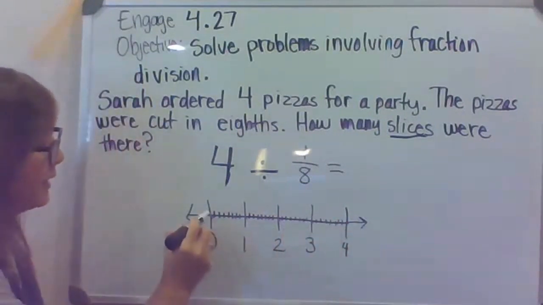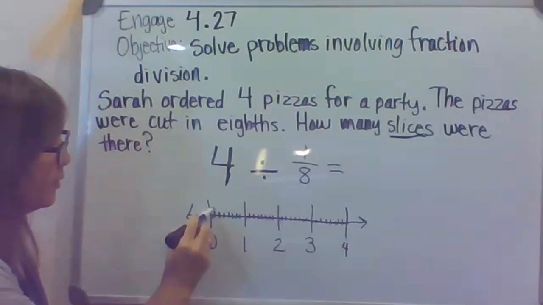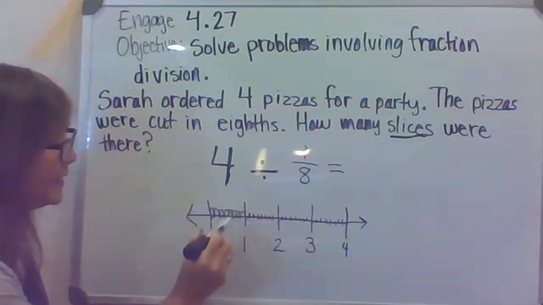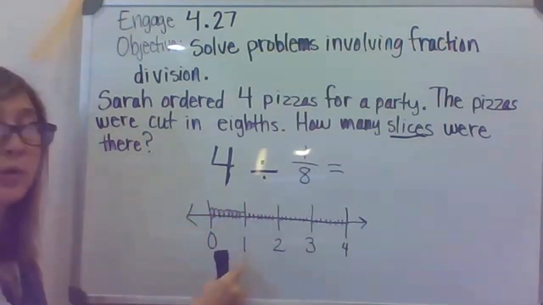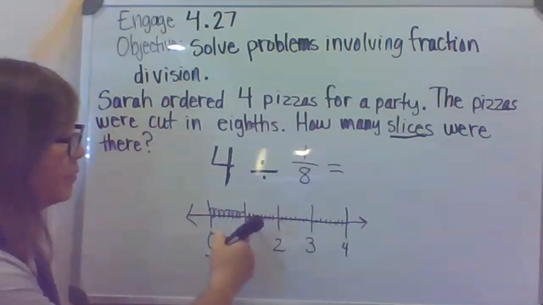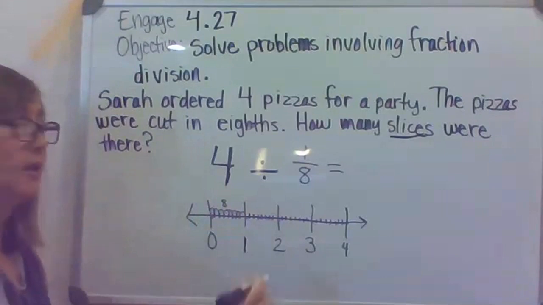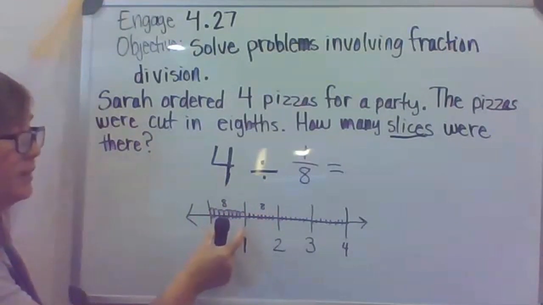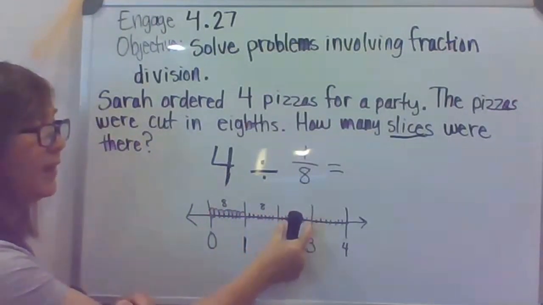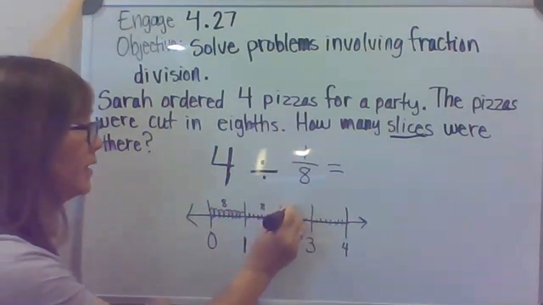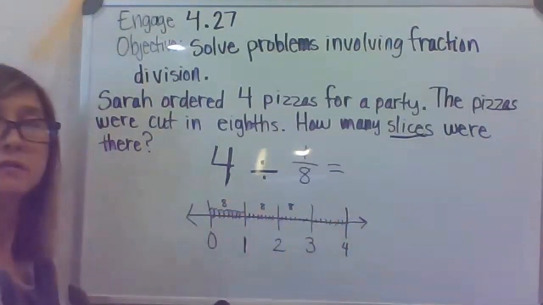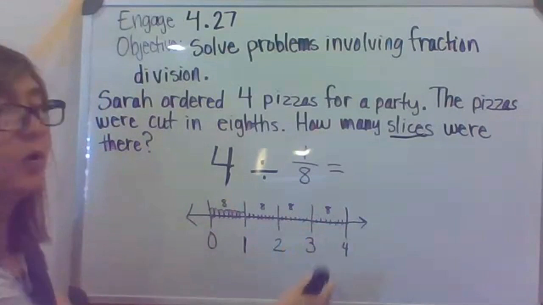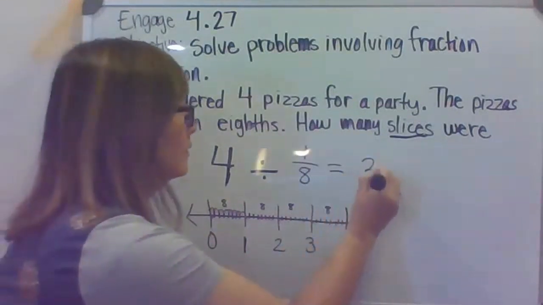All right, guys, if I go back and count all of these pieces, 1/8, 2/8, 3/8, 4/8, 5/8, 6/8, 7/8, 8/8, there's 8/8 right there, which gives me this one whole, right? If there's 8 in this section, how many are in this whole? You should know there's 8 there as well. How many eighths are in this one? There are 8 eighths there. How many eighths will I find here? 8 more eighths. So 8 times the 4 wholes is what? 32